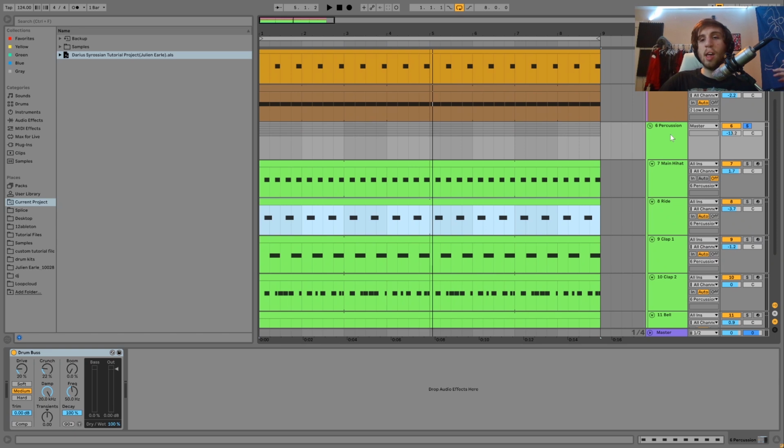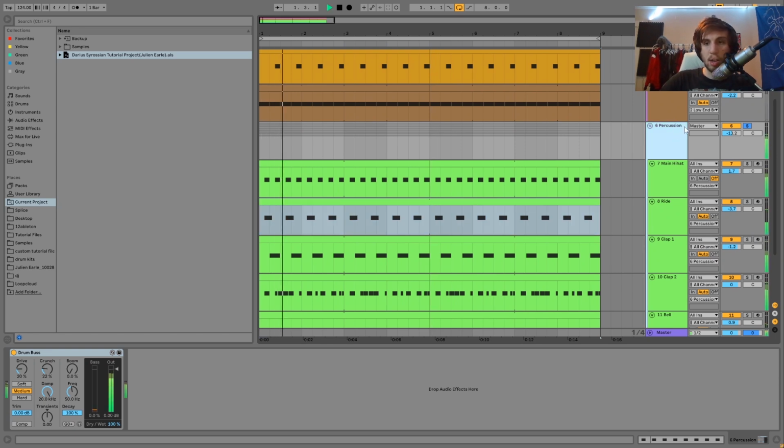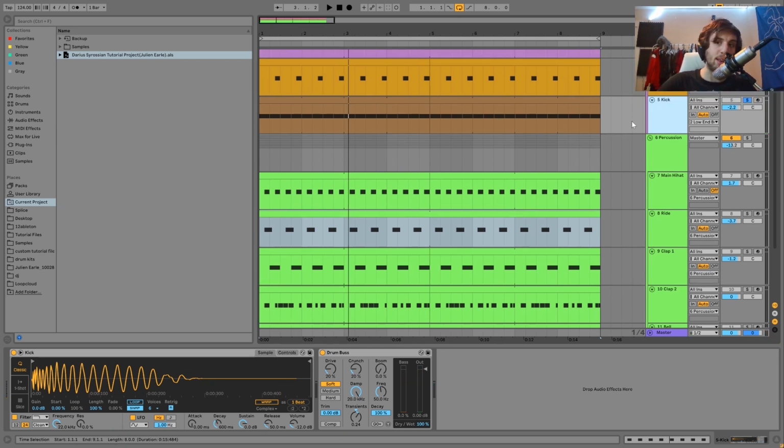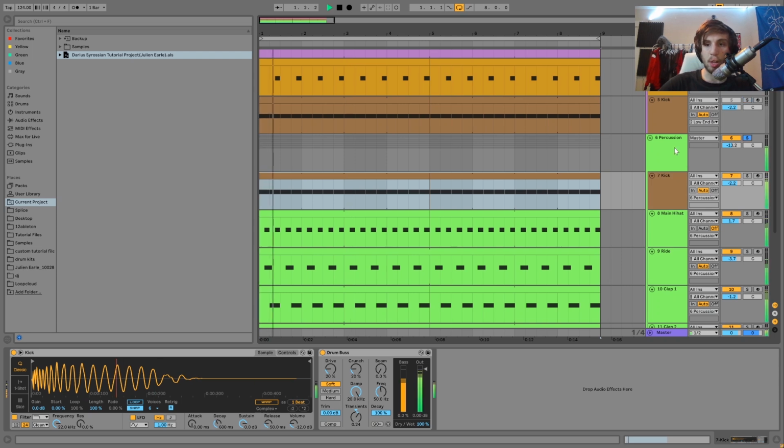The reason is all of these sounds fit into the same world. They're all mid-range and high-end percussion. They're all adding one particular goal to the mix, essentially. The kick, on the other hand, even though it is percussion, is not really doing that same stuff. It's not accomplishing the same goal in the mix. It's a lot closer to what the bass line is doing than the percussion. And if I start to put this in the percussion group, you'll notice that